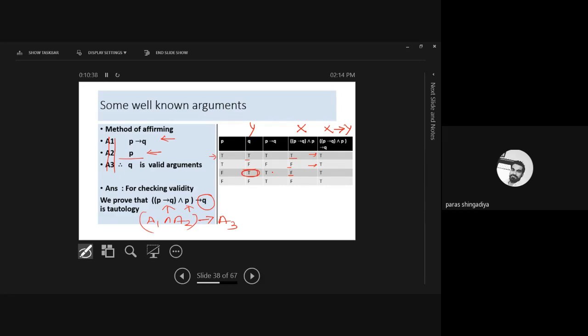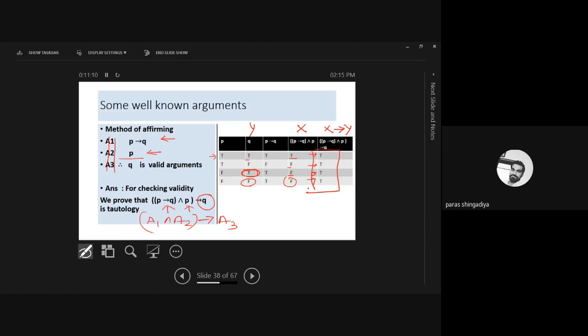First priority, that is column x, and we implement this column x data to column y. Clear? So first is F here, and F implies T. As per the conditional rule, if the first statement is false and the second is true, it reflects a true outcome. So it is T here, and the last, where both are F, will also be T. Clear? Now you can see that this final column reflects the tautology answer.